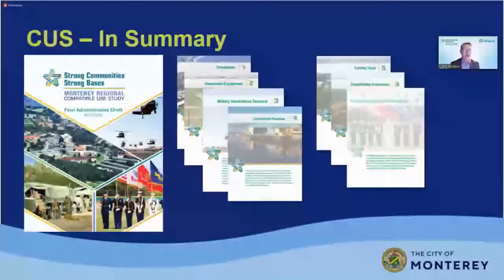And then if you're new to government in the defense communities, such as the new council members that are on board, it gives you a one-document resource that gives you a broad-based look at all the policies and regulatory framework, as well as compatibility issues and challenges that are out there, and things for consideration moving forward.